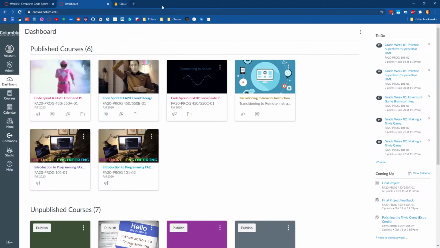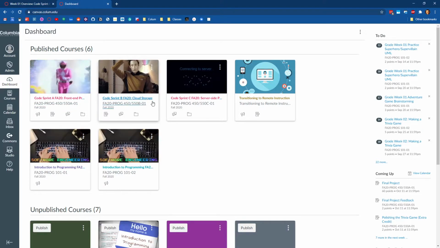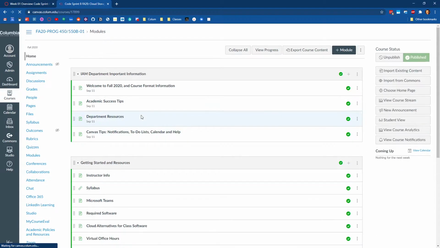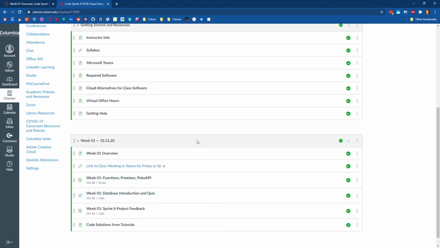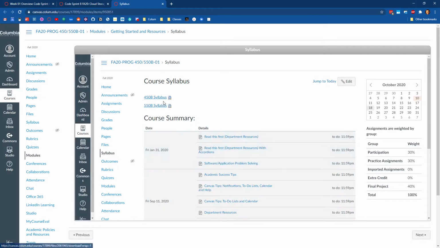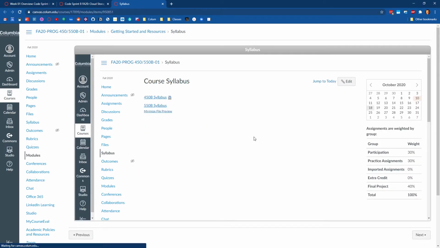Okay, so new class, new Canvas page. So for Code Sprint A, there's no new content going to be posted there. We're now moving to our data cloud storage Code Sprint B Canvas page. So new Canvas, but we're going to use the same Microsoft Teams, and this is going to be pretty much the same structure as the last course in terms of how material is posted. There'll be modules for each week. It's the same getting started and resources section, same required software. The syllabus has the same structure. So if I open up one of these,